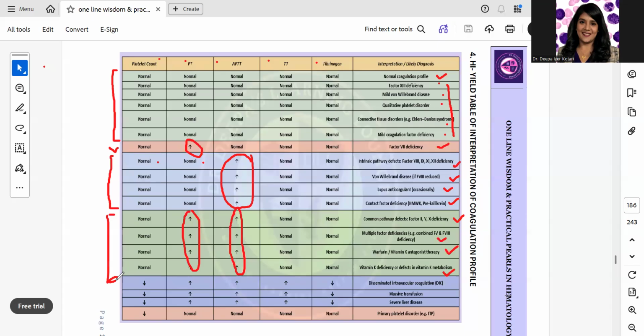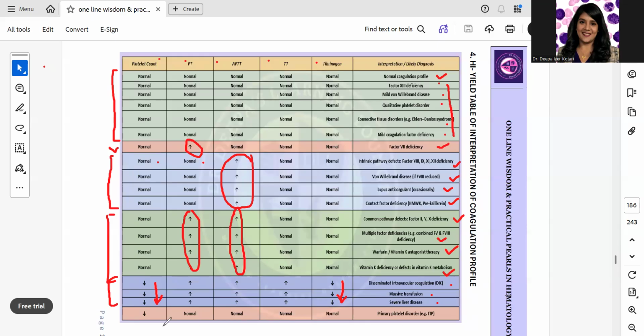Next, look at this set of rows. In this, you have conditions in which the platelet count is reduced, and you have an increase in the PT, increase in the APTT, increase in the TT, and a reduction in the fibrinogen. The conditions in line with this combination are DIC, massive transfusion reactions, and severe liver disease. In all these conditions, you will have a decrease in platelet count and fibrinogen and an increase in PT, APTT,